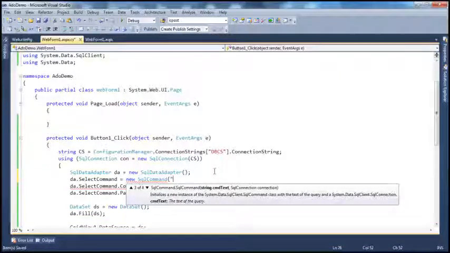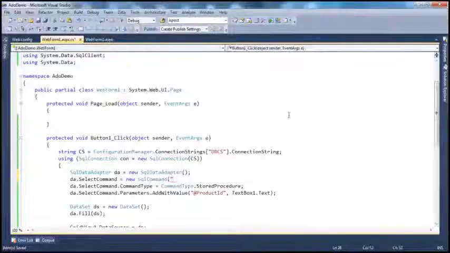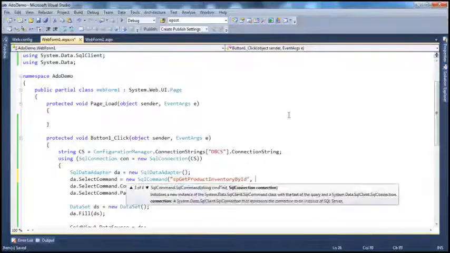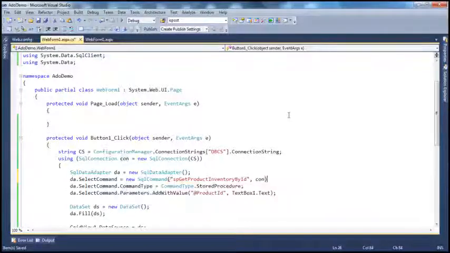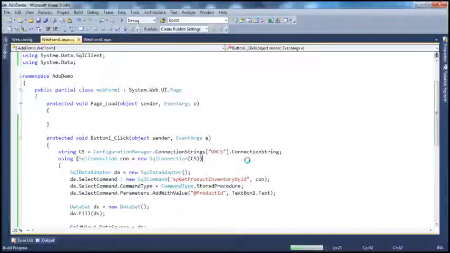So let's say the command here is SP, that's the procedure, and the connection that we want to use is the connection object. Okay, so we have that SqlCommand here, and we are associating the command type as we are telling that the command type is stored procedure, and to the select command we are adding a parameter which it expects. So now if I run, the output would be exactly the same, except that we are doing it in a slightly different way. So I enter product ID 1, click Get Product, and I get